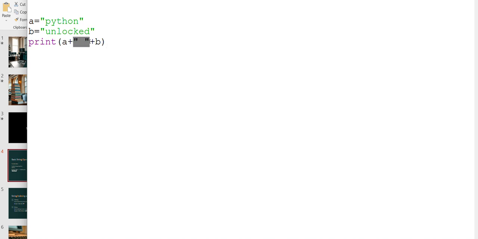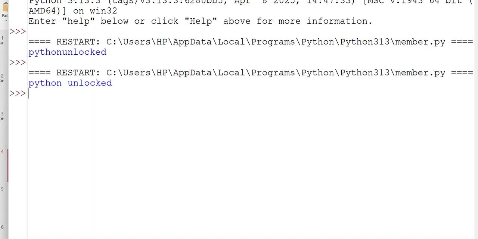I am creating one more string over here. Basically, the space I am putting in one string, and over here I am concatenating three strings together. Okay. So as we know, whatever is put in double quotes is a string. And what we are doing, we are concatenating three strings together over here. This is a Python string, this is a space string, and this is an unlocked string. I hope this is clear.